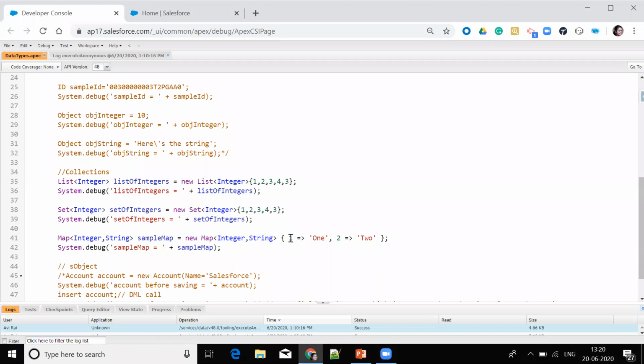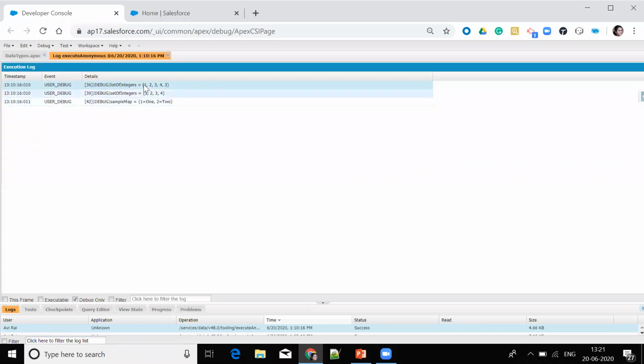So here I have defined a map of integer as a key and string as the value. So I have defined two pairs. One is of 1, which is directing to the value one, and 2, which is the integer to the value two.